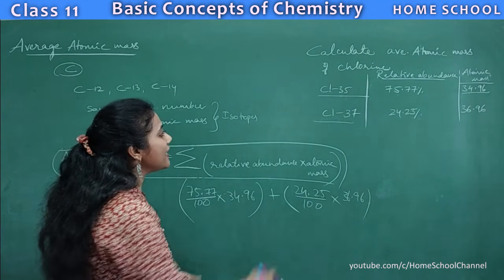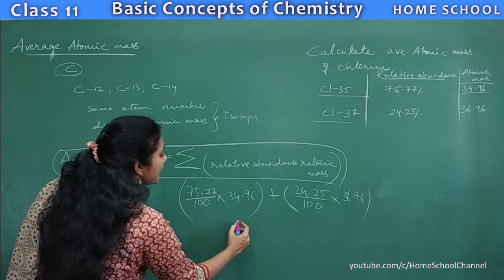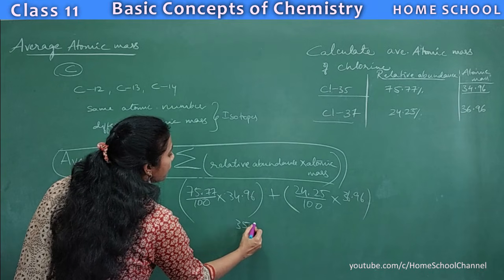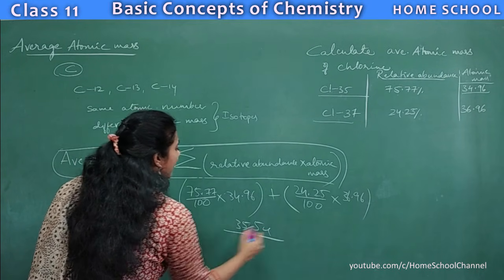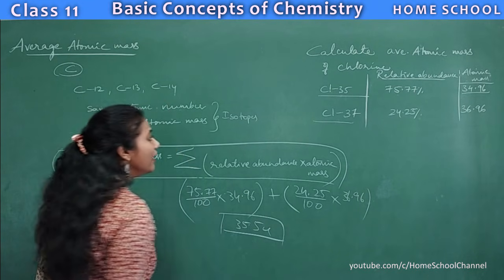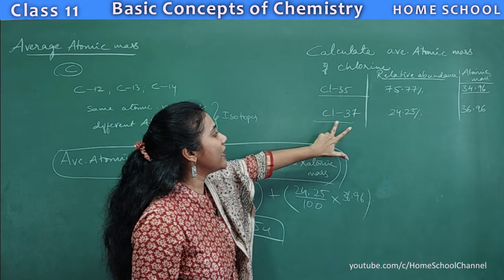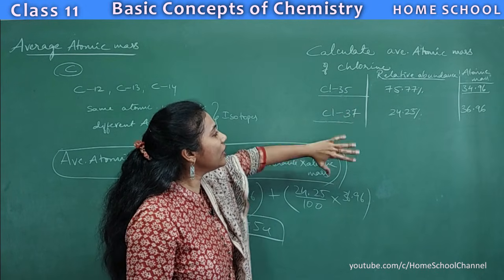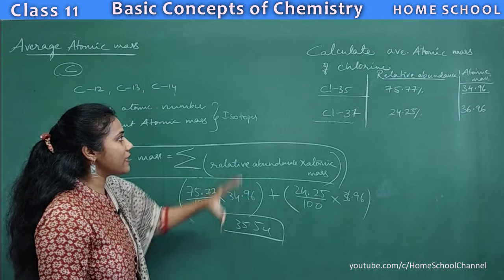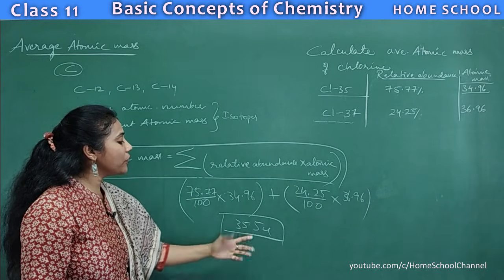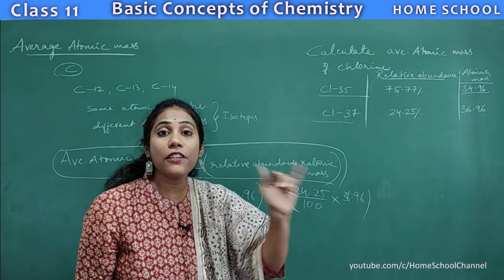Now, what is the average atomic mass of chlorine here? When you do this calculation, you would get around 35.5, in unit u or amu. Clear? You see, you have two isotopes. The first isotope's atomic mass is 35, the second isotope's is 37. We are not considering any one value from these. We have taken the average atomic mass. The average atomic mass of chlorine is 35.5, so this is the atomic mass we will consider for chlorine.